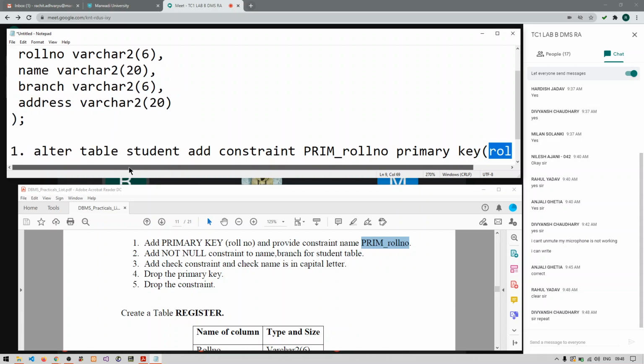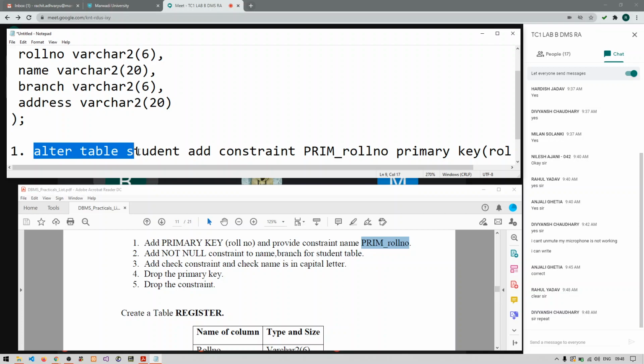Okay, again I'm repeating. Because we are adding a primary key after the table has been created, we use the alter command to change the structure of the table. So alter table student. It is clearly saying that you need to add a primary key on a roll number column, and primary key is a constraint. It also says you need to provide a constraint name as prim_rollno.